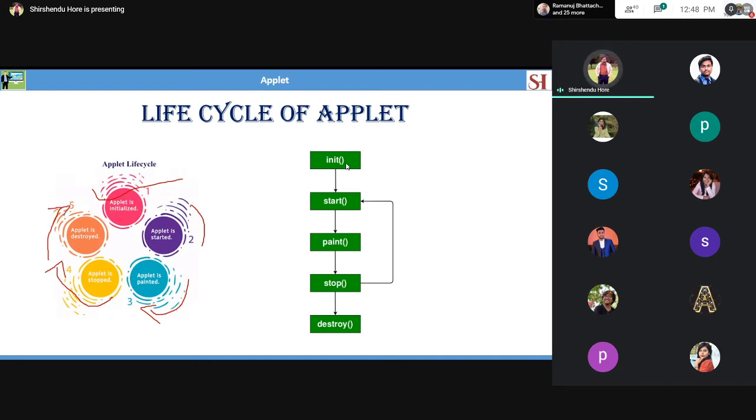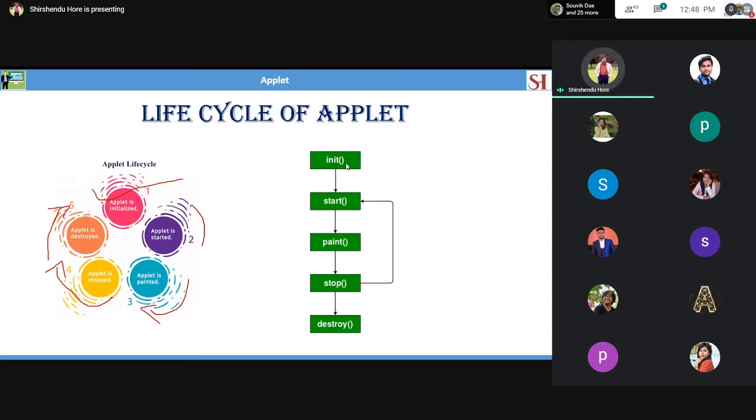Destroyed means it no longer exists in memory. But when an applet is stopped, it is still in memory and you can restart it. When destroyed, there is no existence of the applet. You cannot start or run it.